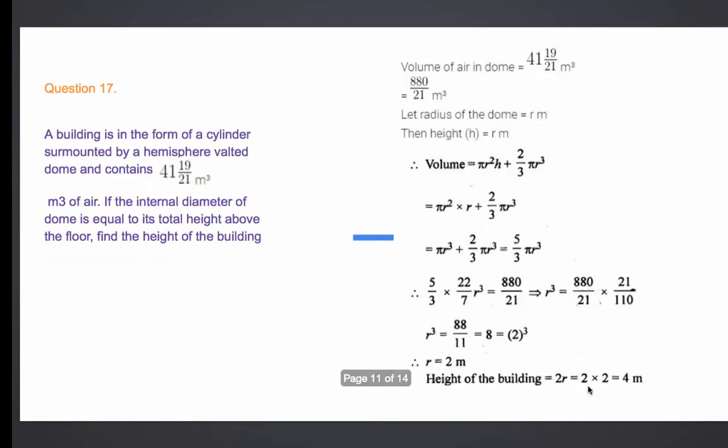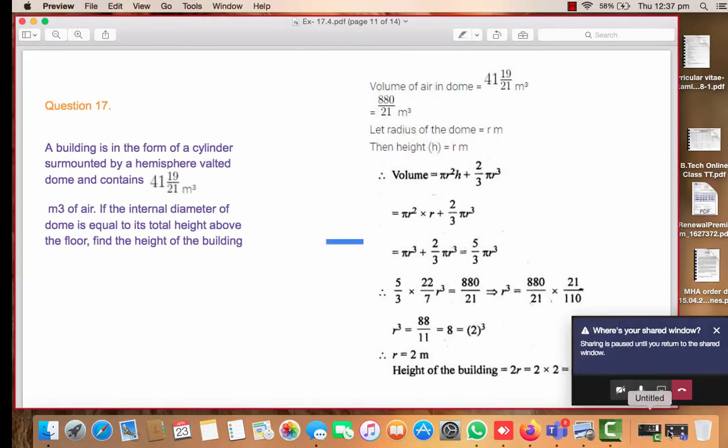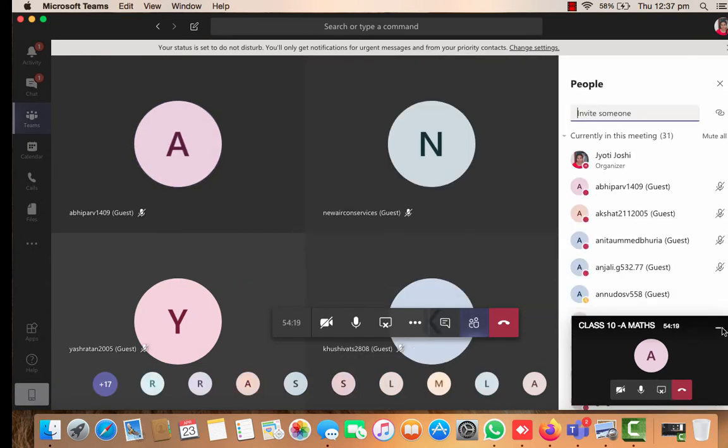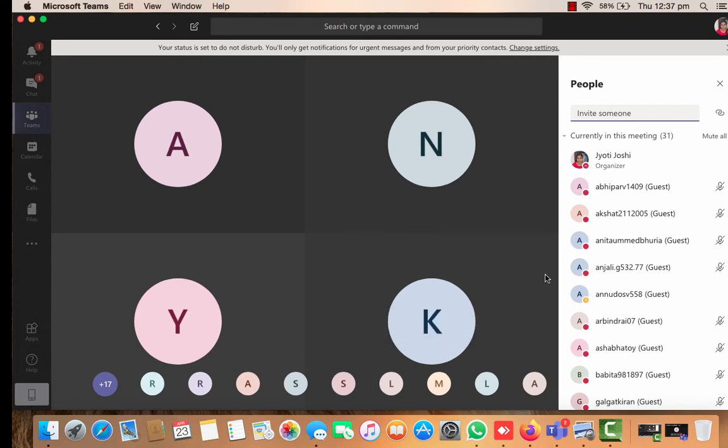Now students, tell me if there is any doubt in question number 15. Is it a doubt, students? No, ma'am. All have understood? Yes, ma'am. How many are present right now? Let me see. Yes, all 31 are present, students. All of you understood up till here, sure? Yes, ma'am. Okay. Don't just say yes, ma'am. Tell me if there is anyone having any doubt. Tell me if up till here any doubt is there. All have understood?